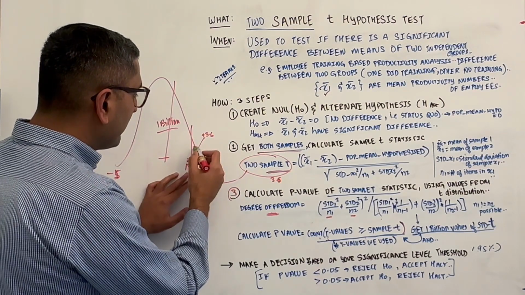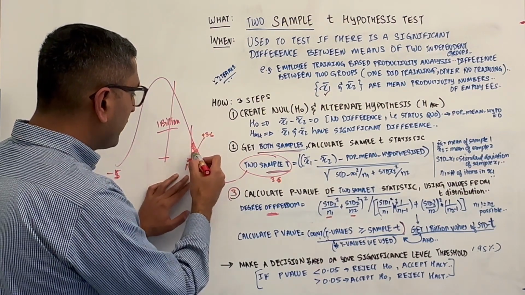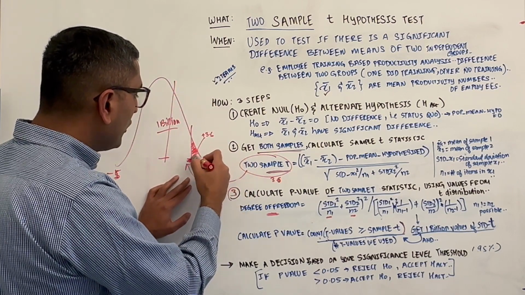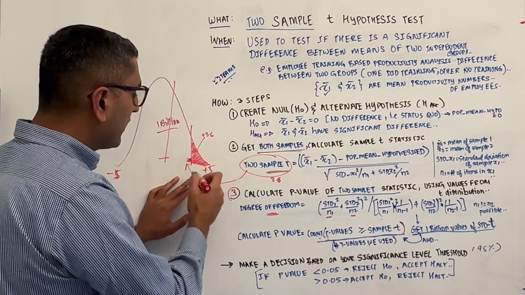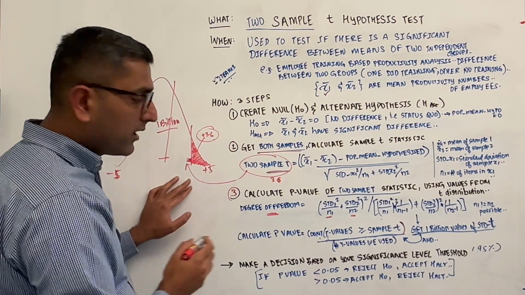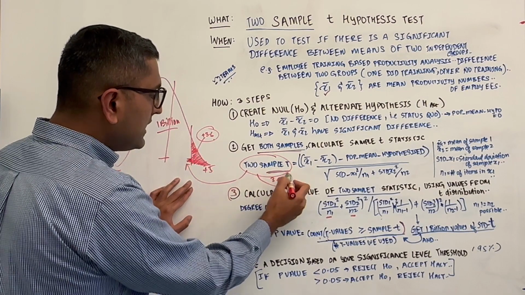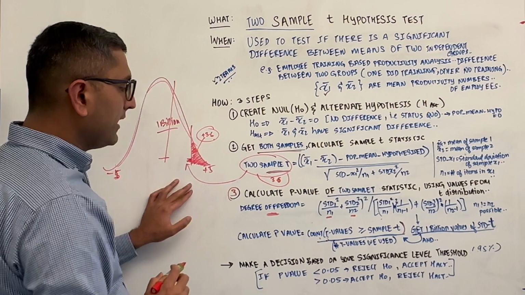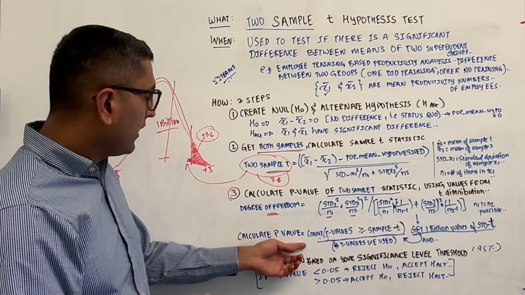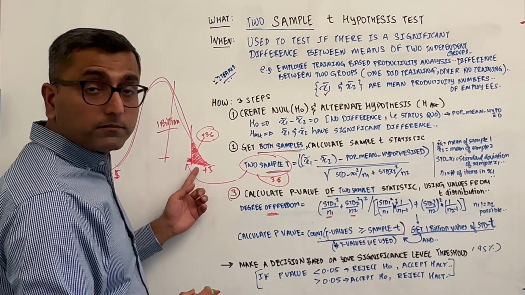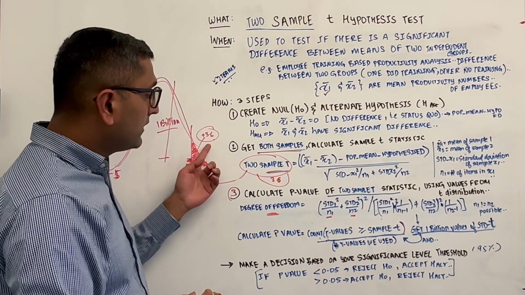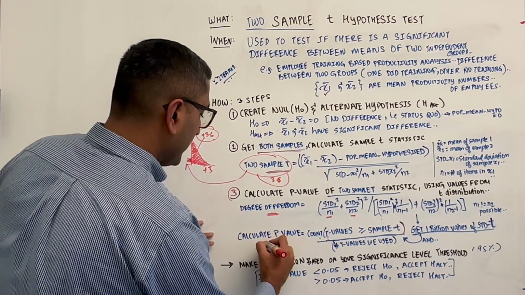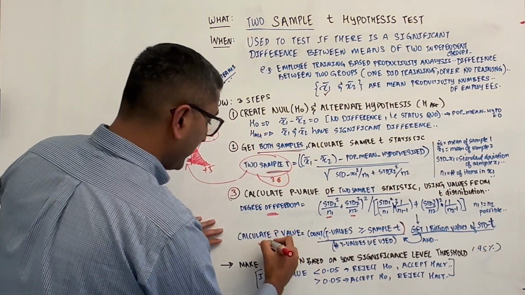What that means is that from all of these billion data points of t values, we can find all of those values that are greater than 3.6, which is our two sample t statistic, and then find its proportion compared to this billion data points. So that is the probability of finding anything as rare as or greater than the two sample t that we found. So here we can find that, hey, maybe in this case, if we did this in a hypothetical scenario, it would come up to be like